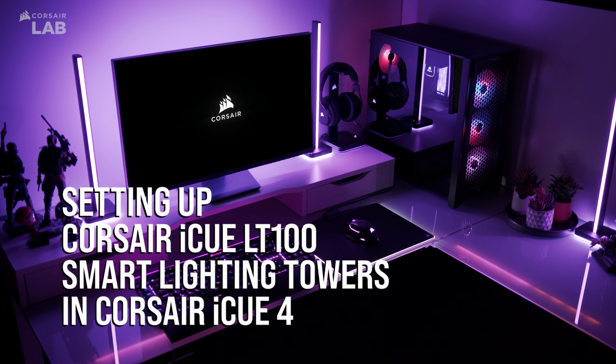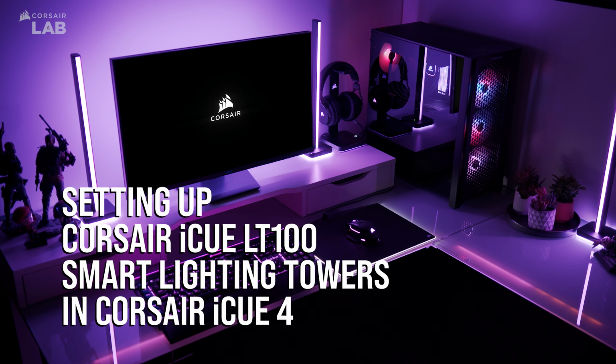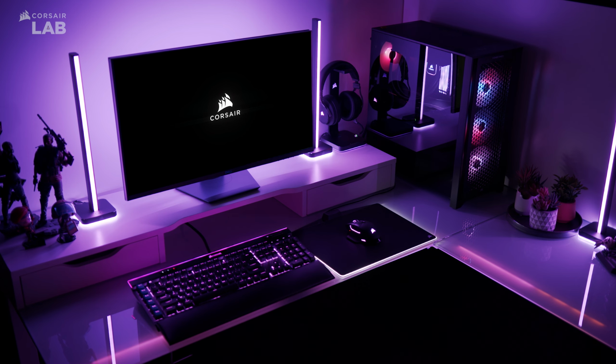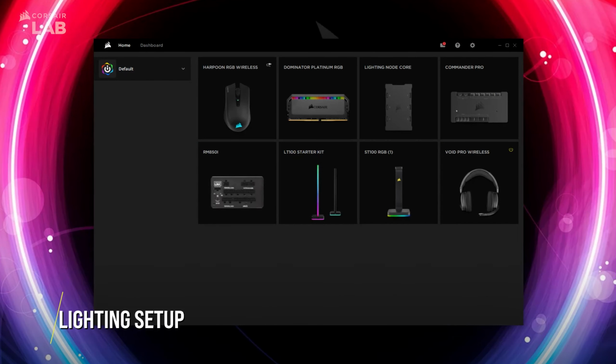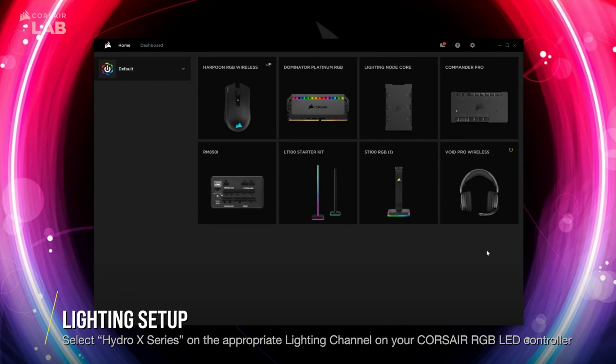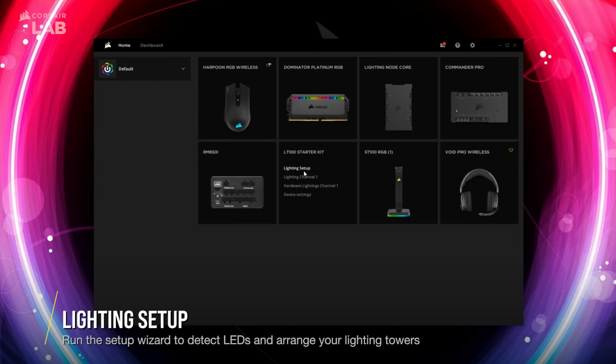IQ4 fully supports our lineup of ambient lighting products, allowing you to take full advantage of the brilliant lighting provided by our LT100 smart lighting towers. To begin setting up your LT100 smart lighting towers, mouse over the tile for your LT100 starter kit and click